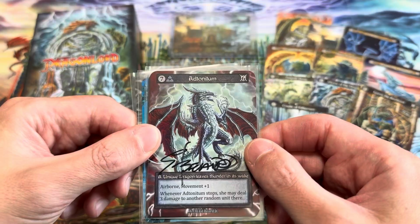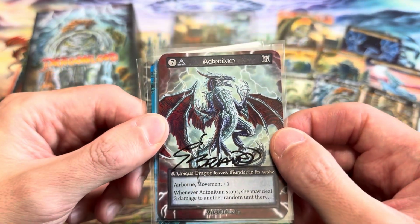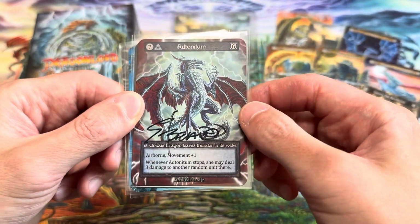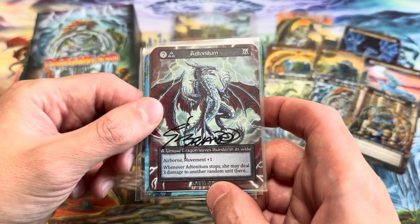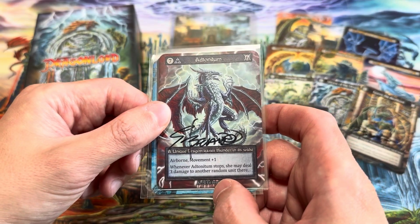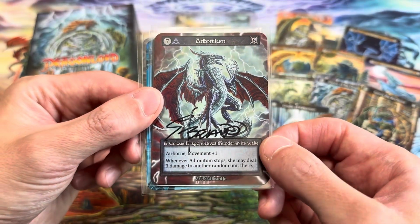Next is the Adonitum, the Lightning Dragon. This costs 7, and it's a 3 air threshold for a 6 power toughness unique dragon that leaves thunder in its wake. It has airborne and movement +1. Also, whenever an item stops, she may deal 3 damage to another random unit there. Current TCG market player price for the add-on item is